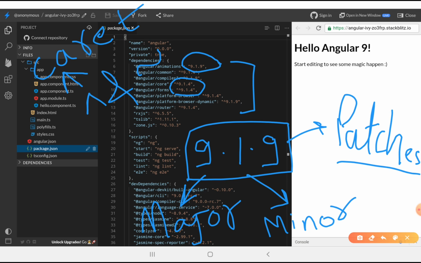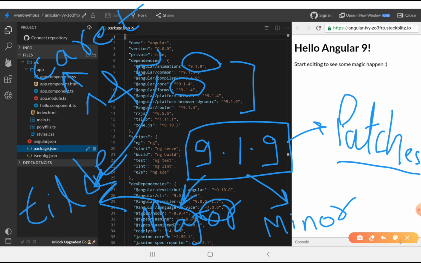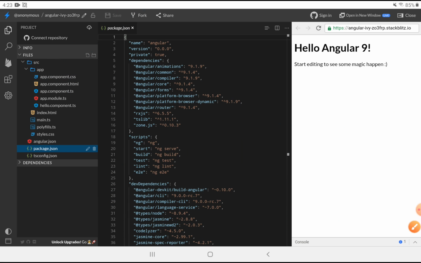And the other symbol that is being used, this one, 7.0.10, this is known as tilde. So the difference between both is, when I say caret 9.1.4,